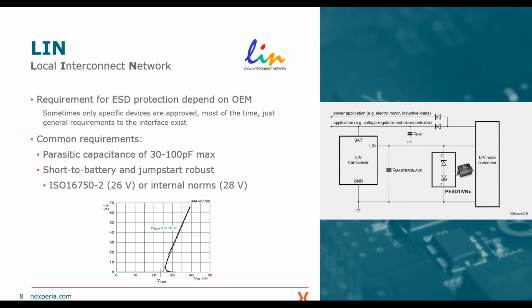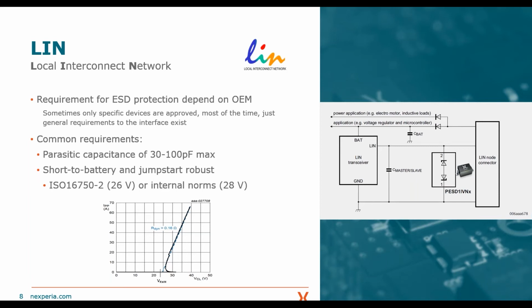Lucas showed you a lot of car networks, but there is this LIN, which we will still see for sure. It's a low speed bus. It's only 20 kilobits per second, but it's simple, it's easy to use, and it's really cheap. And from the ESD protection point of view, there are several requirements on the